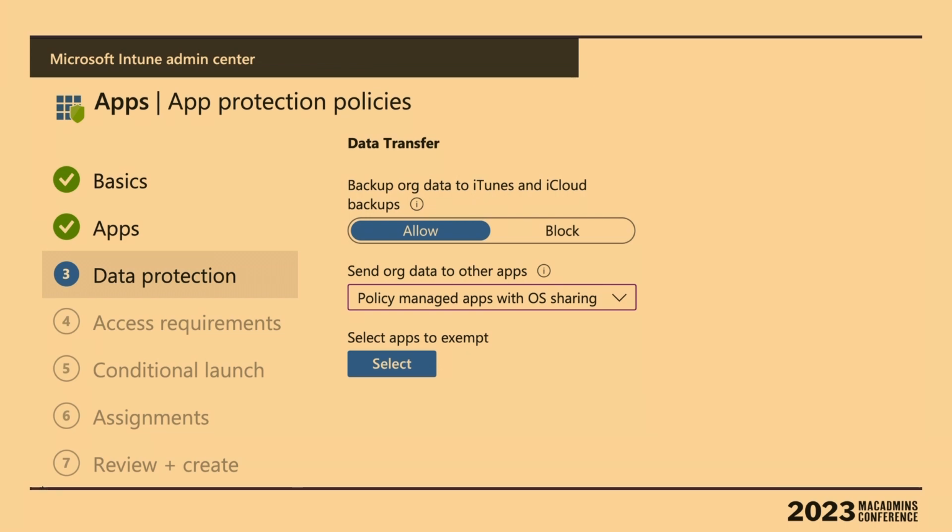Or some people want to back up to iCloud with a managed Apple ID. And so you need that. And then,